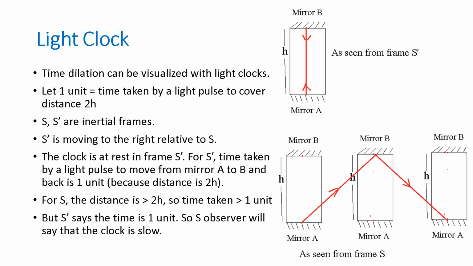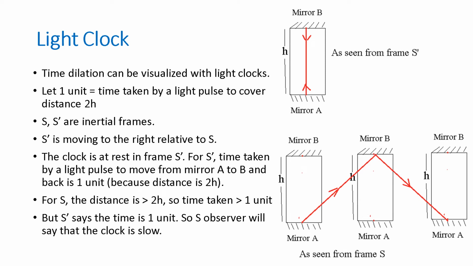The concept of time dilation can be visualized easily with a light clock. In a light clock, there are two mirrors separated by a distance, say h. A light pulse moves from one mirror to the other and then back to the first mirror. Suppose that the time taken by the light clock to cover a distance 2h is called 1 unit of